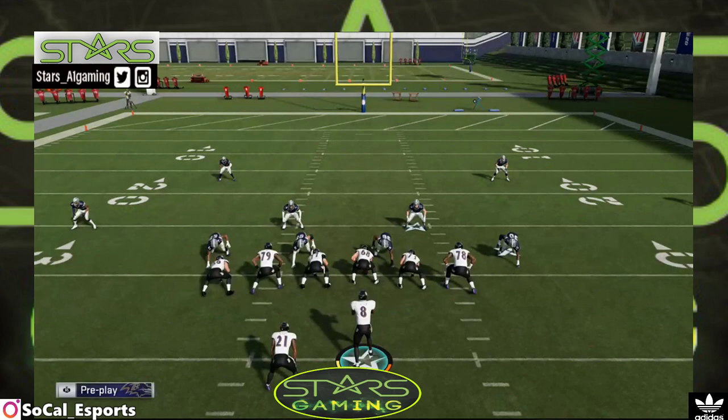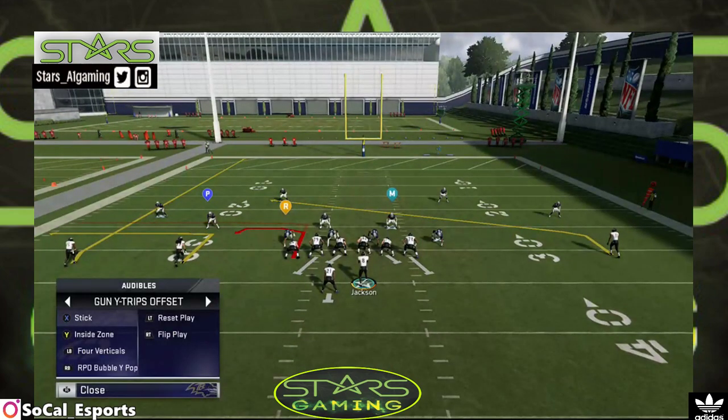In this video, I'm gonna break down my gun wide trips offset, kind of like money play. This is in the spread offense. When you're running salary cap, this is the salary cap offense that I like to use. I'm starting to use it now. I'm gonna use this probably in clubs to kind of make some switch, just make things a little bit difficult